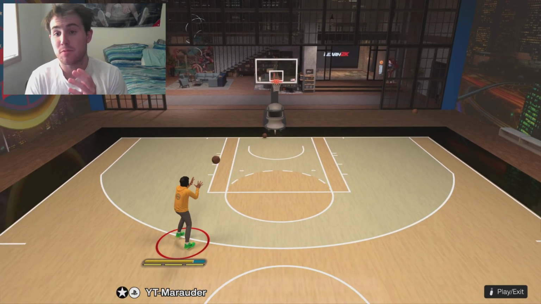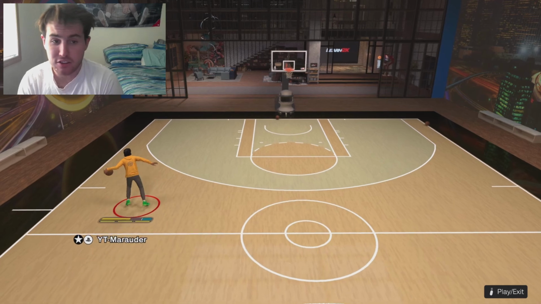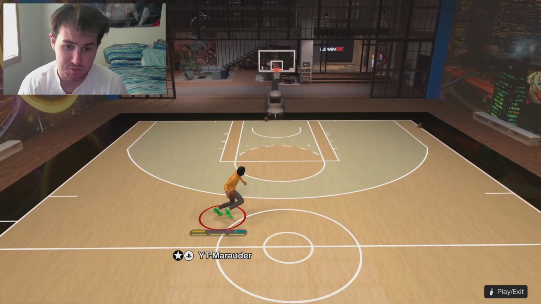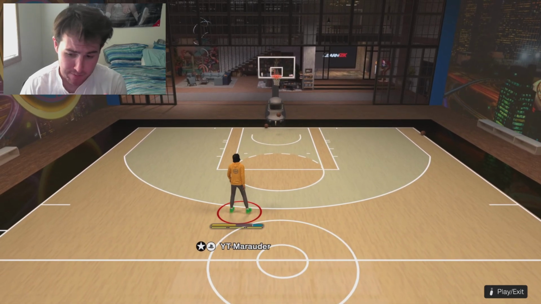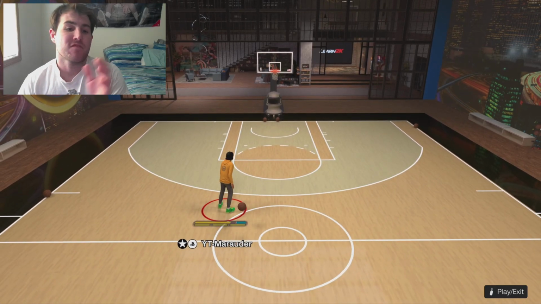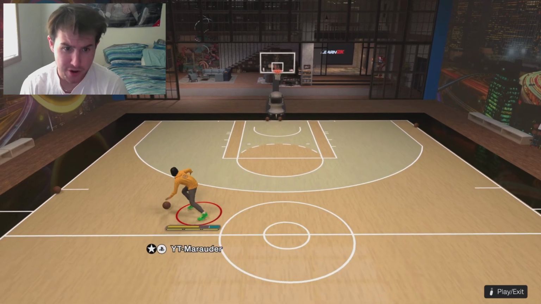So now we're going to get into the L2 cancel. You need the Trae Young dribble style for this. As I mentioned earlier, if you have no interest in learning how to L2 cancel, Darius Garland gives you that fast, slow speed boost. If you know how to L2 cancel, it's the same thing as doing the Kemba Walker last year. Running, tap the L2,